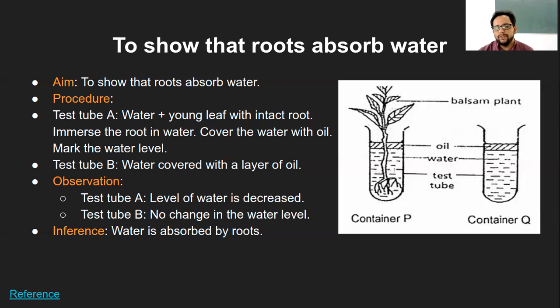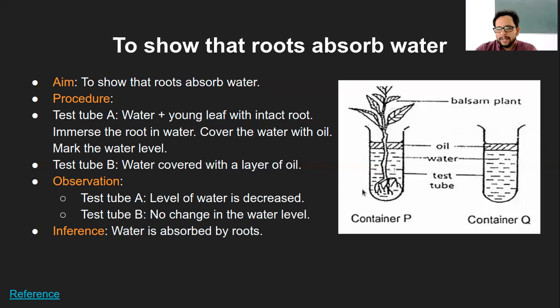Right. So usually in all biological experiments, we always have a control, which is the most important parameter. Now, I will give you quite a few examples of this control being used. For this particular experiment, to make sure that the water loss is only because of absorption by the roots and nothing else, we need to have this control.